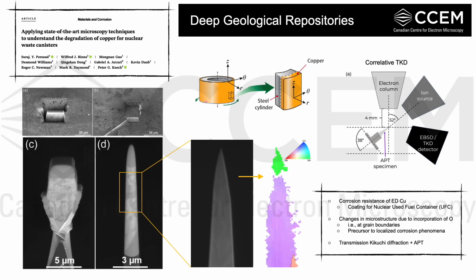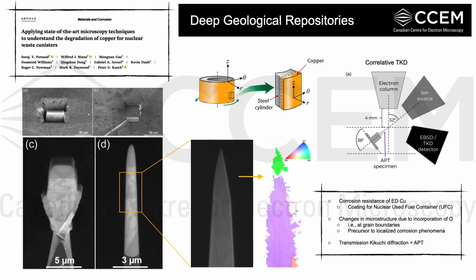And for my final example, I want to show you the use of atom probe for studying the corrosion resistance of electrodeposited copper, which is used as a barrier for nuclear used fuel containers, or UFCs, which are used in Canada's deep geologic repositories for disposing of high-level nuclear waste. And as you can probably assume, we need these used fuel containers to persist for hundreds of thousands or even millions of years. So it's important to